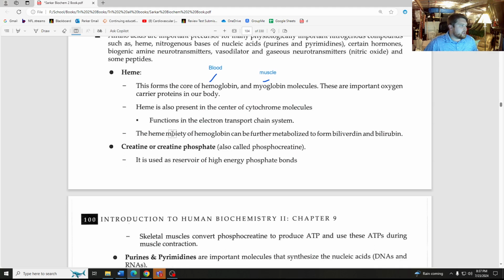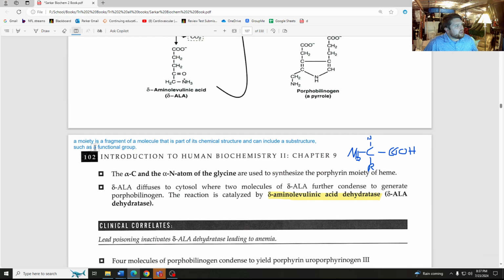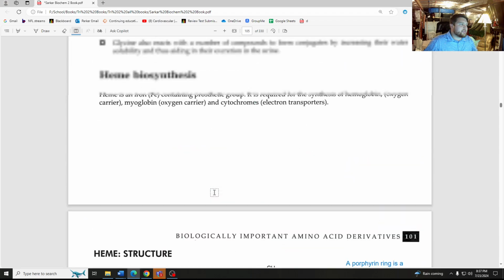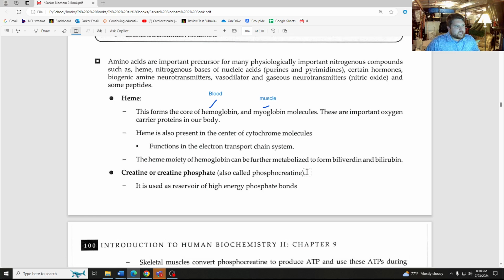The heme moiety, remember moiety just means kind of a part of. I believe I wrote the definition down here someplace. So a moiety is a fragment of a molecule that is part of its chemical structure and can include a substructure such as a functional group. So a moiety is just the different components that all get put together to create something bigger. Or moiety can just mean that it's going to be like the precursor of something else, either because things get added, things get taken away, etc. And that can be further metabolized to form